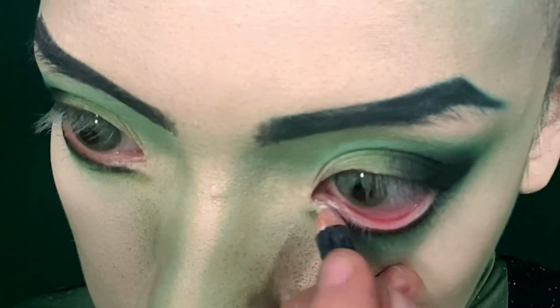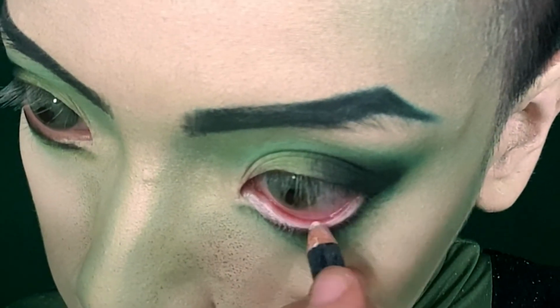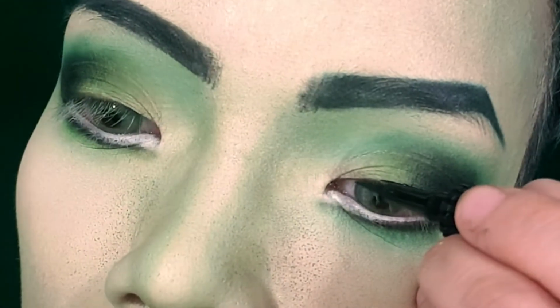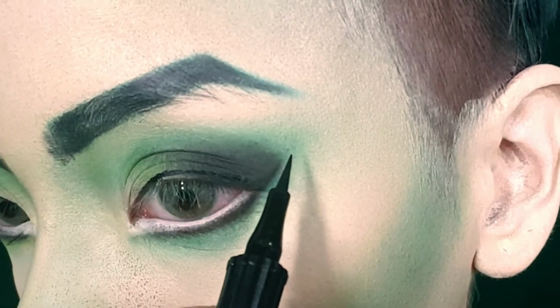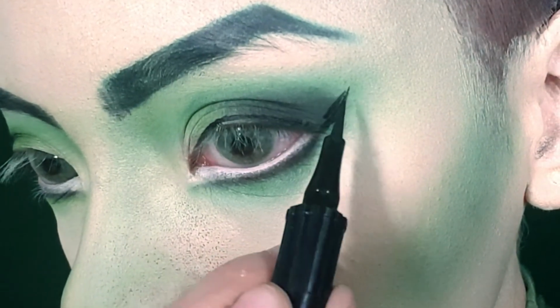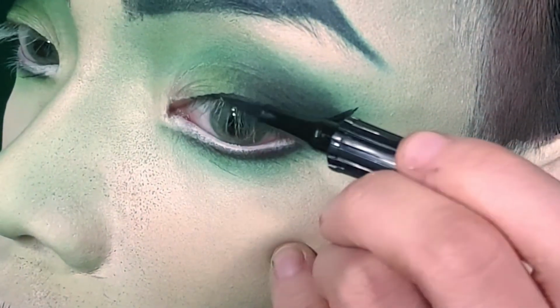And then I will also line the lower lash line with black, and to complete this eye look, we're gonna use white eyeliner to line our waterline because Disney characters have huge eyes. Always have. Now for the eyeliner, which is really the star of the show, we're gonna create a very long